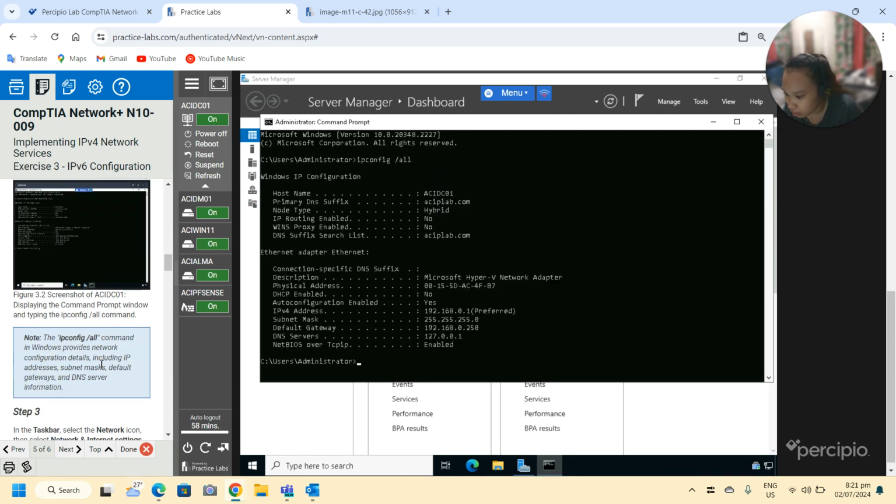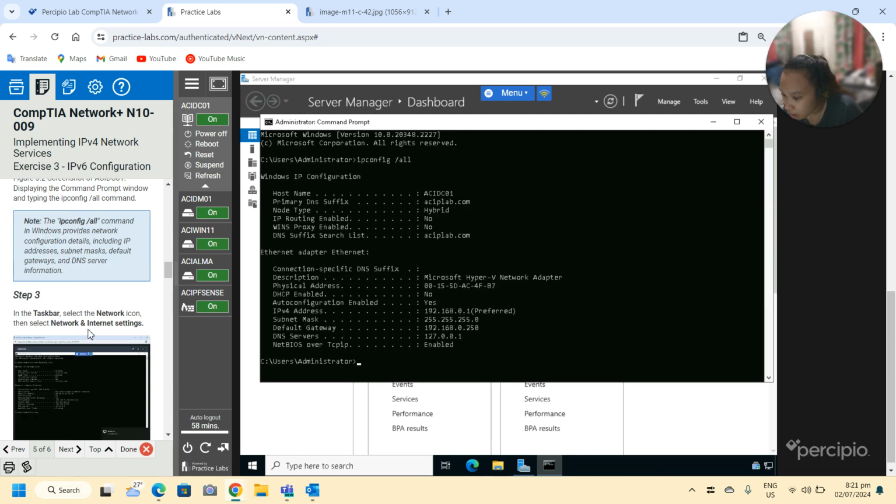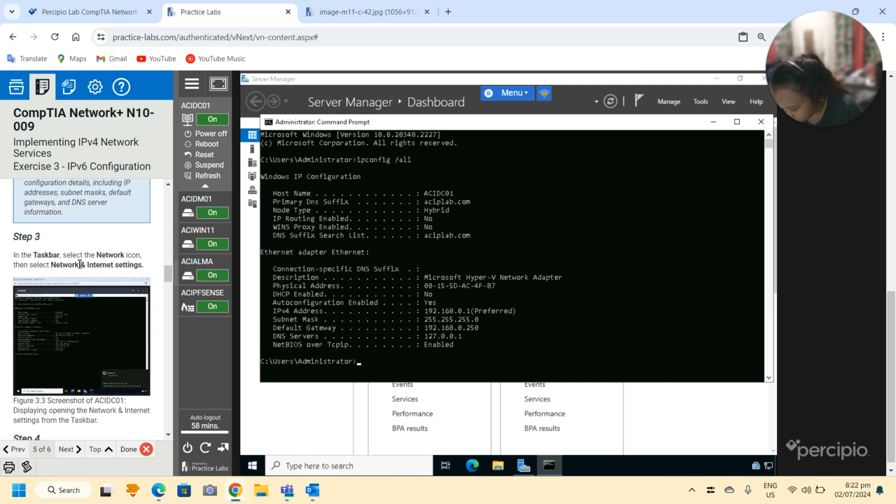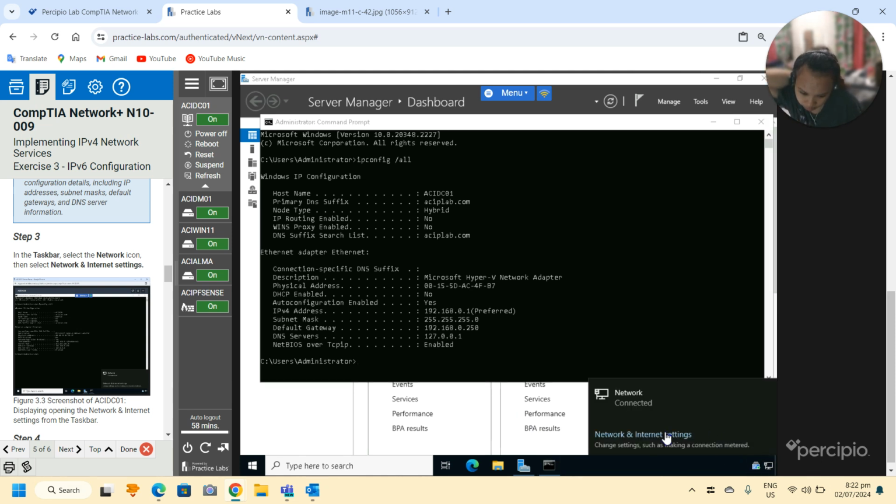So type ipconfig /all. The ipconfig /all command in Windows provides network configuration details including IP addresses, subnet masks, default gateways, and DNS servers. So in the taskbar, select the network icon, then select network and internet settings.